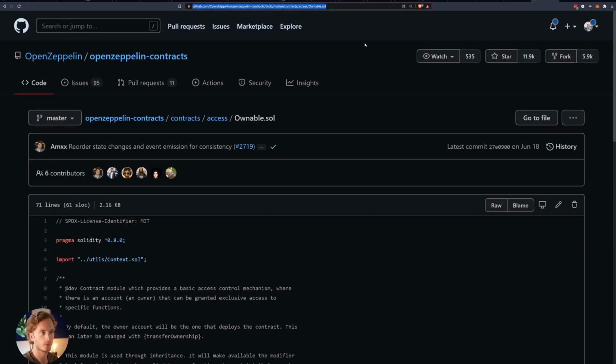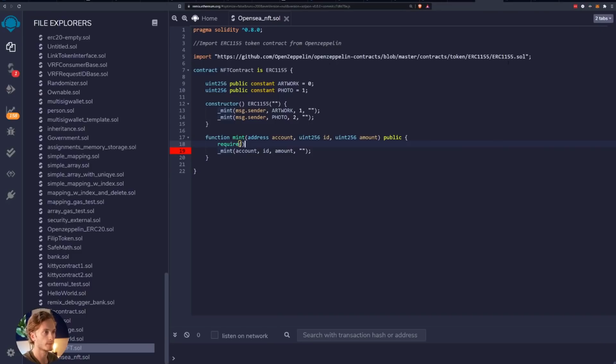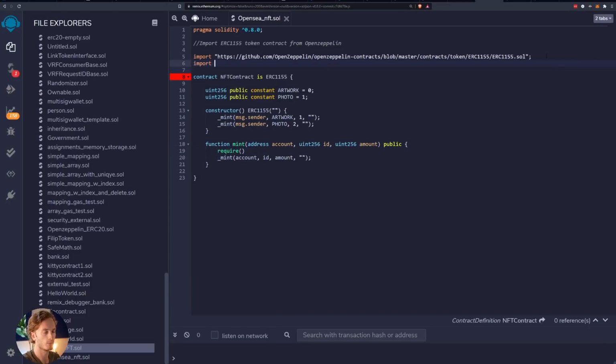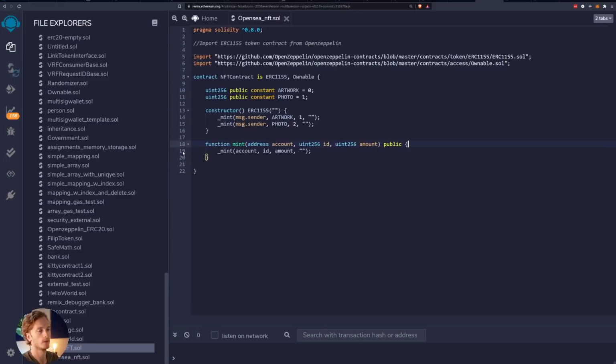I want to implement this as well. So I want to import that into my contract here as well. Import this. And you can Google just for OpenZeppelin ownable to find it also. And then we're going to say that this also is ownable, because that will allow us to say that this should only be,